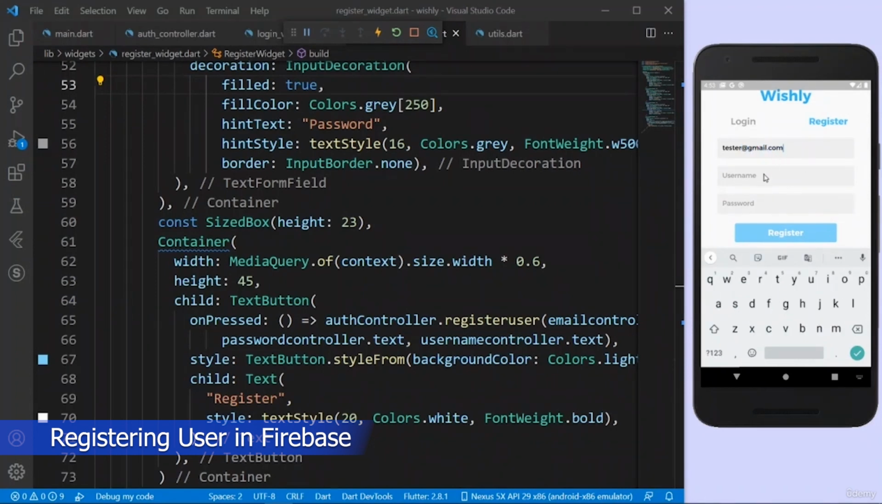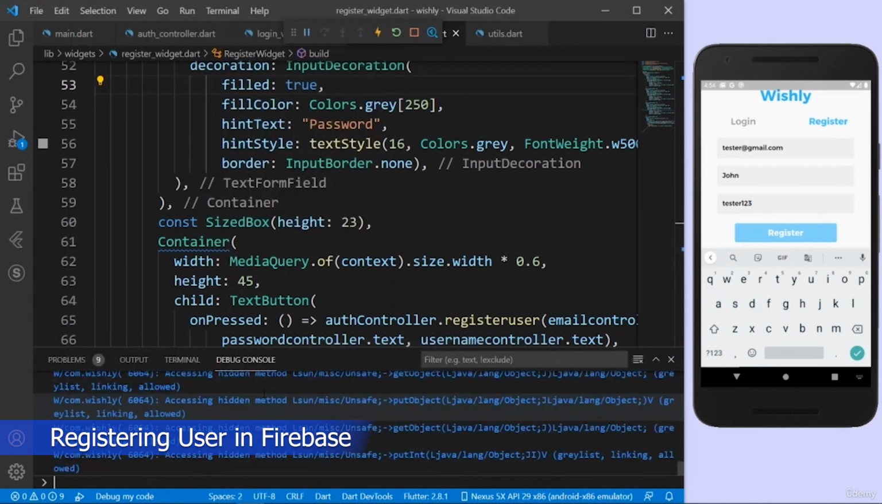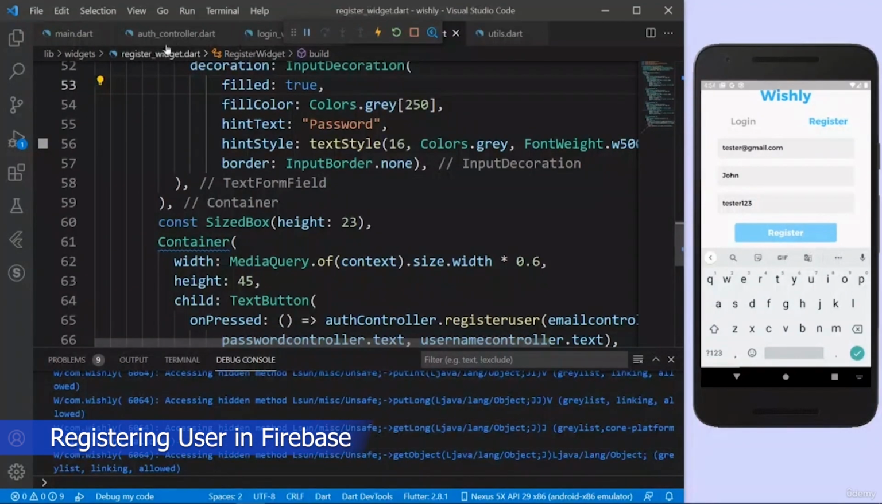Tester@gmail.com. Okay, now the username I can just say maybe like John, and my password is going to be tester123. Now if I click on register, this user should be registered. Let's actually open up the terminal and see if something is happening. There you go, something is happening right in the backend because we wrote this code for registering the user in